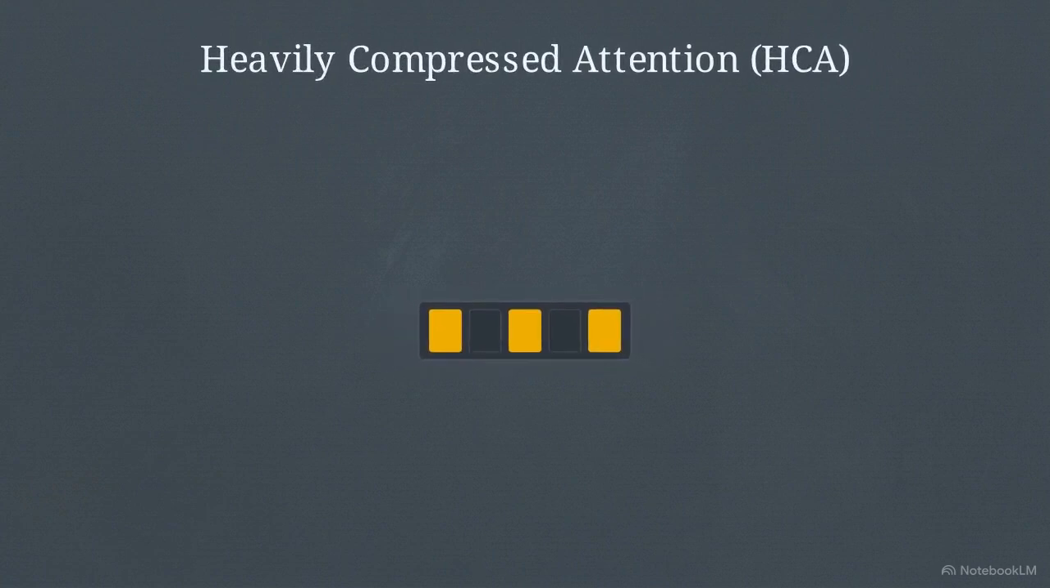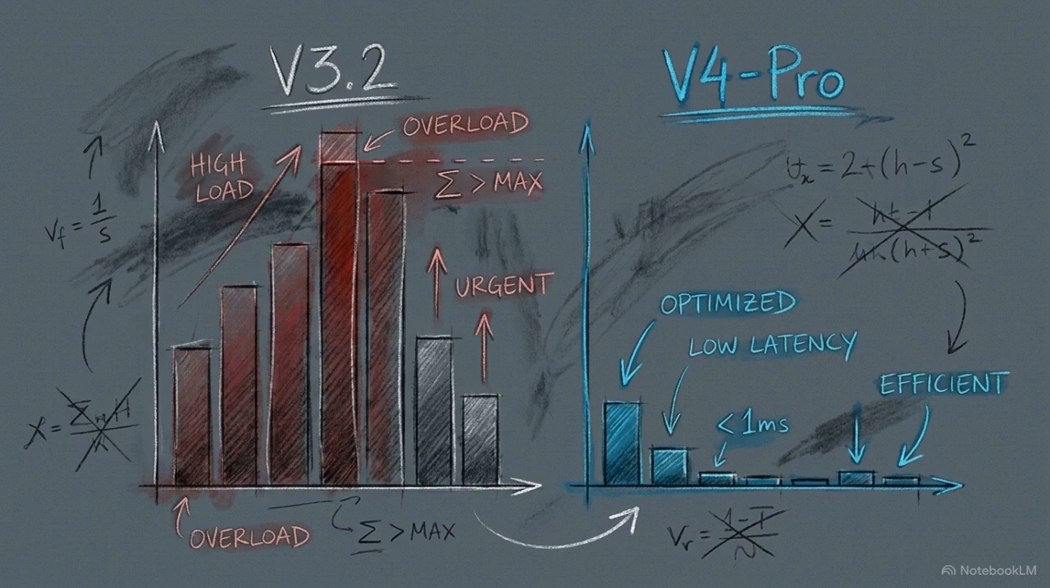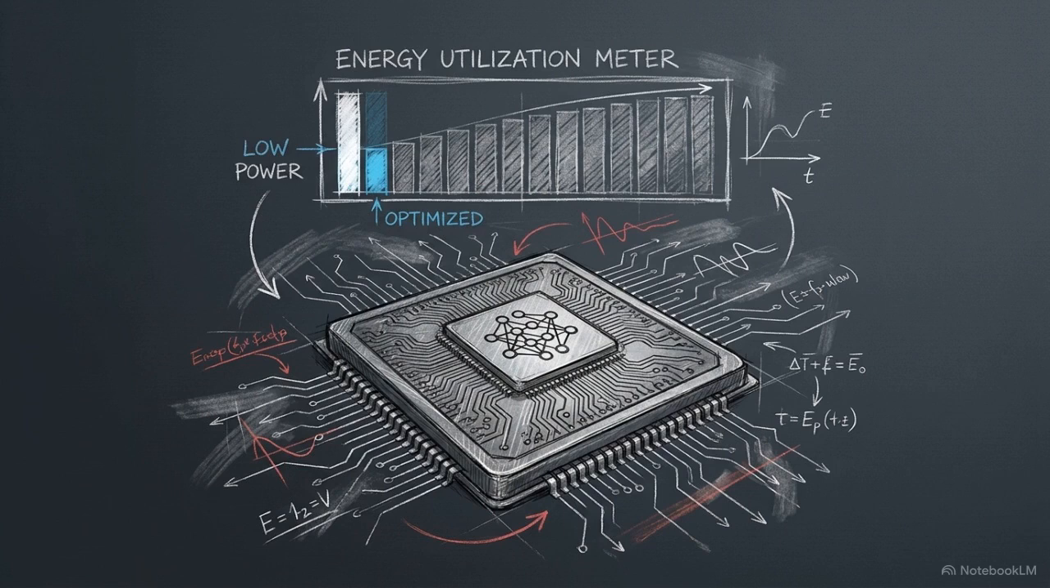The second stage is heavily compressed attention. This applies a 90% compression ratio, maintaining dense attention over the stream, so the model can still capture global relationships across the entire million-token window. This hybrid architecture allows V4 Pro to operate using only 10% of the KV cache memory required by its predecessor, DeepSeek V3.2. There is also a computational benefit, as the model requires only 27% of the single-token inference flops to